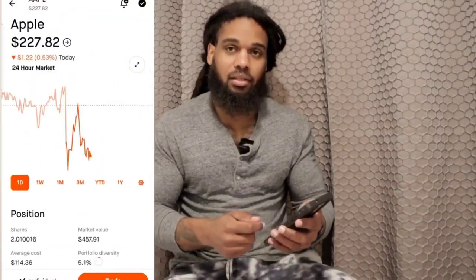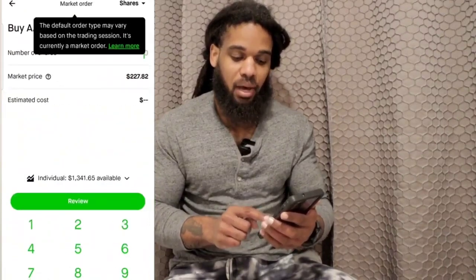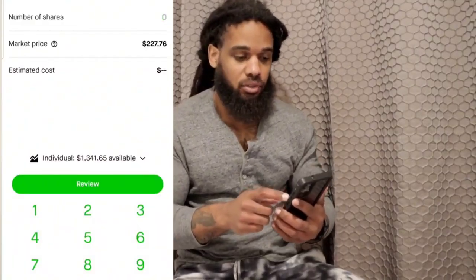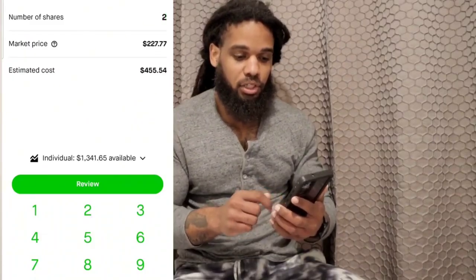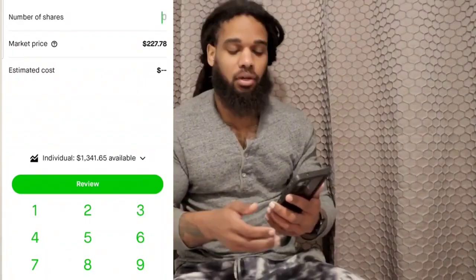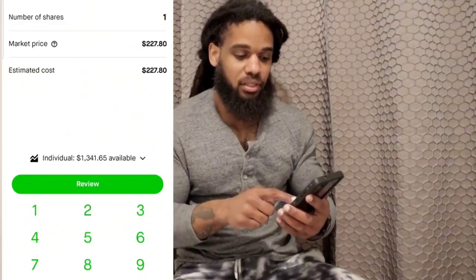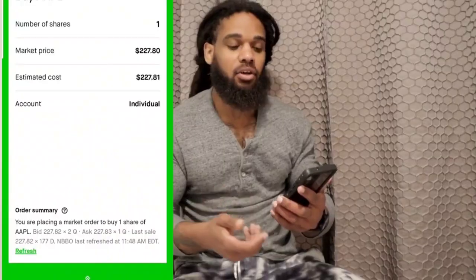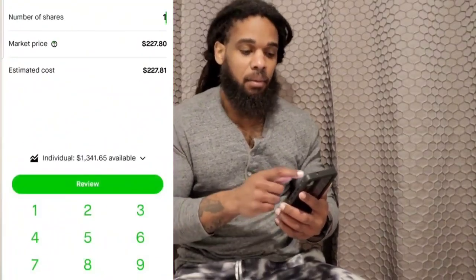So once you're on the stock on Robinhood, then you press the trade button there and you press buy. So after you press buy, you're going to see how many shares you want to get. 1 share, 2 shares, or 3 shares, or 4 or 5, or so on. And once you put in the amount of shares that you want, you just press the review button and then you swipe up to submit it,